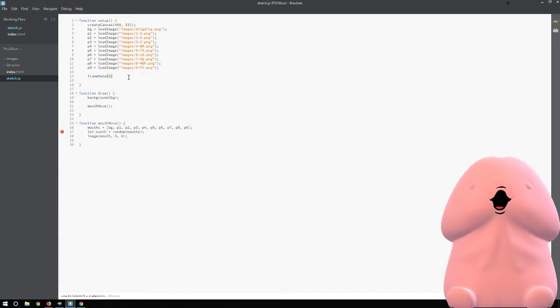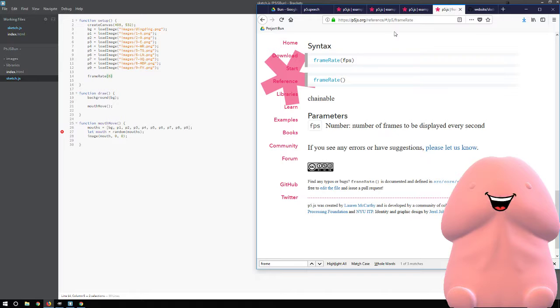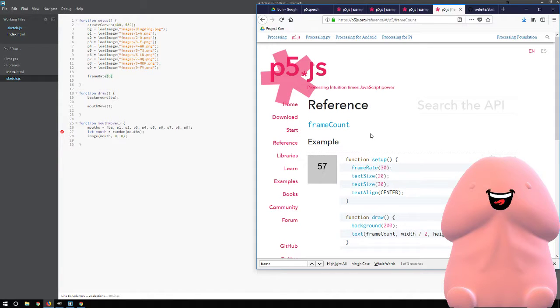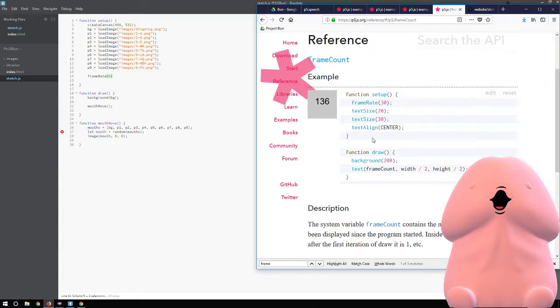But that's getting into, you know what? Maybe let's implement that. Let's look at frame count and see what we get. There might be, okay. So the frame rate here is set to 30. Okay, so at 30 is 1 second, at 60 is 2 seconds. So if I wanted